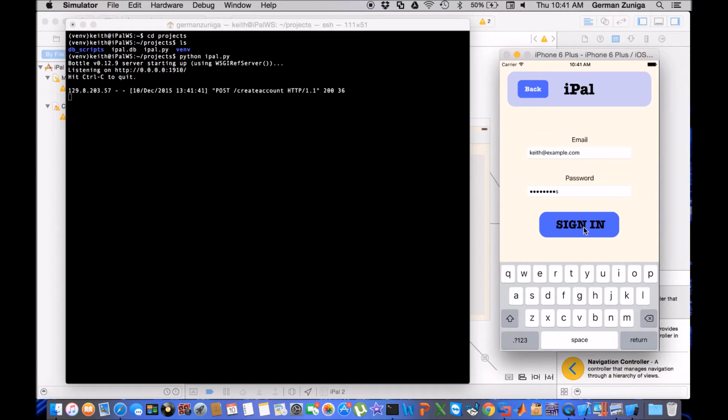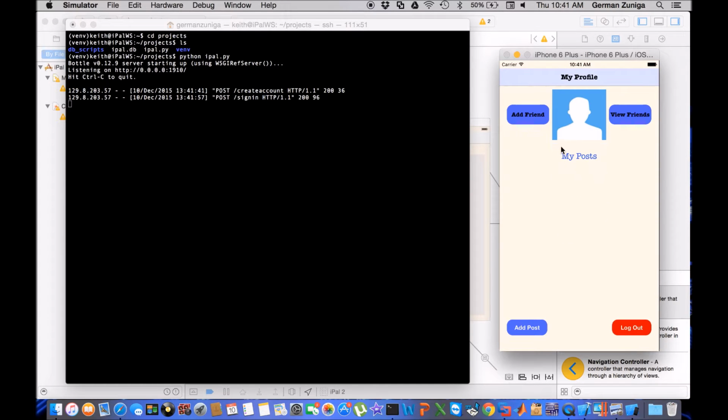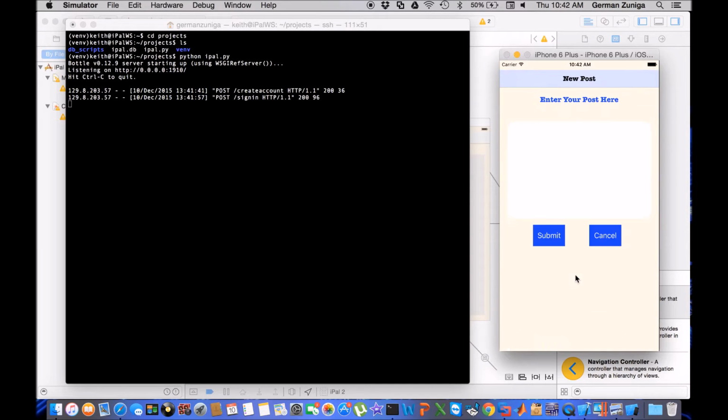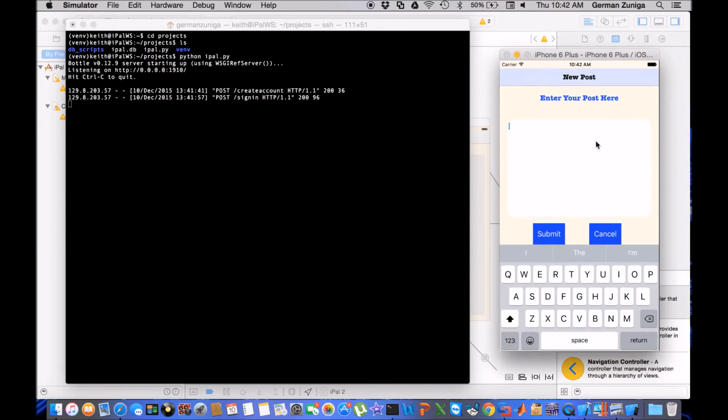The sign-in will also be reflected on the web server. So now that I've signed in, I'm going to add a new post by selecting Add Post. On the New Post view, I have a text box to enter my post in, as well as a Submit